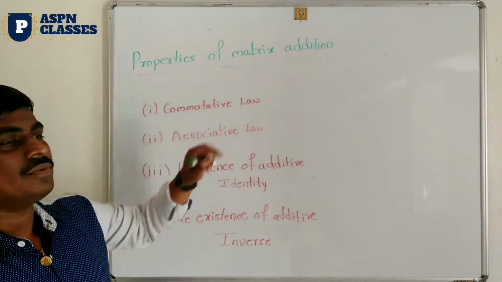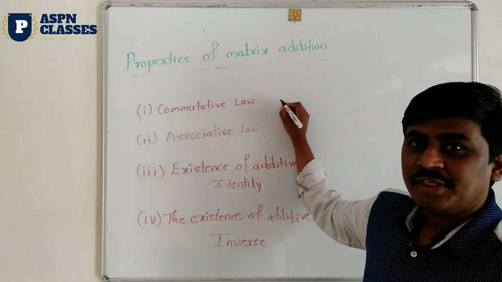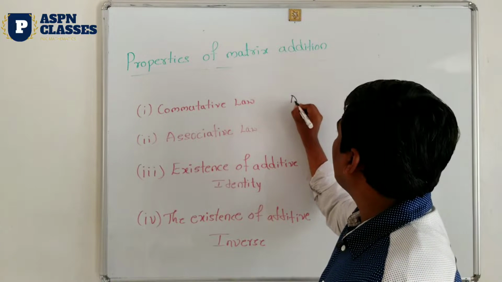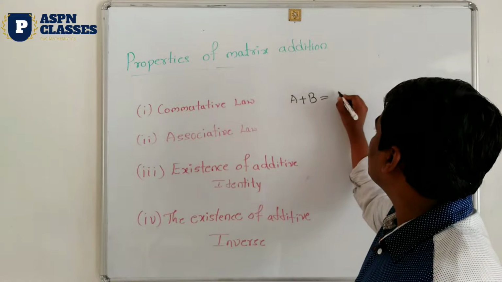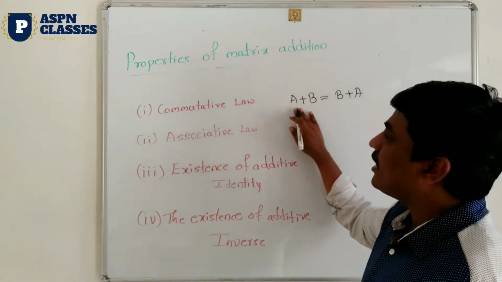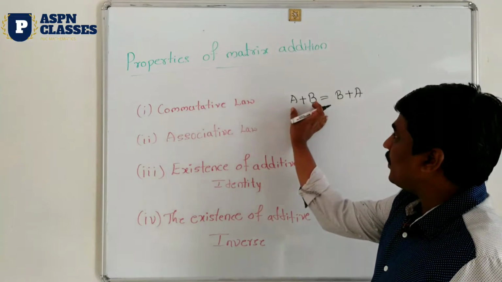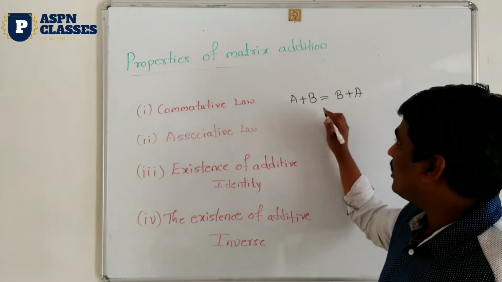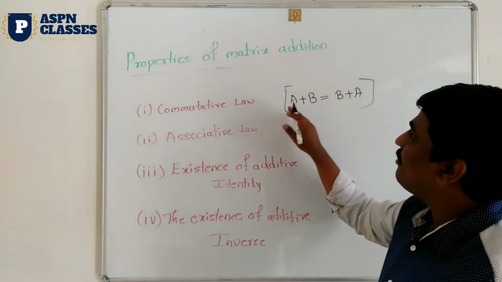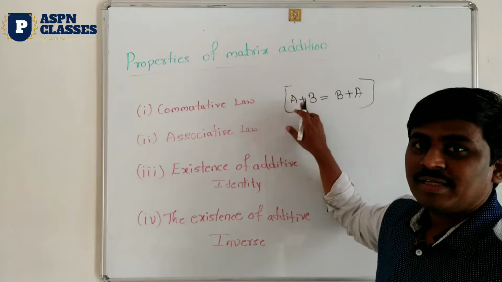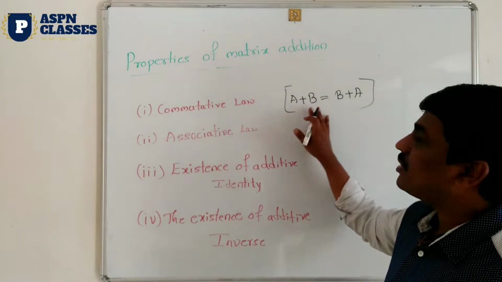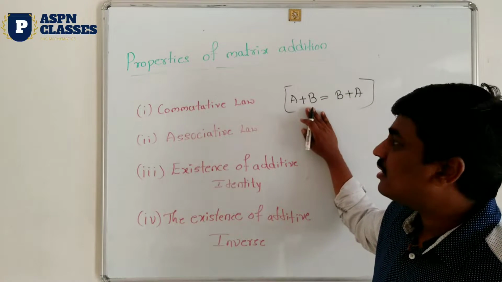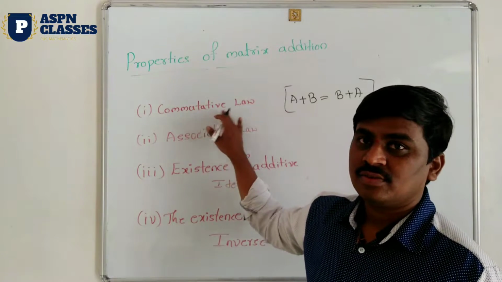So what is the commutative law? I think you already know this result. Commutative law in addition of matrices. What is the answer? A plus B is equal to B plus A. A and B are two matrices. Whether I add A plus B or B plus A, both answers are the same. Yes, obviously it is satisfied in matrix addition. A is one of the matrices, B is also one of the matrices. In the reverse also, like 2 plus 1 or 1 plus 2, both are the same. Same in the case of matrix addition, you will find the commutative law is satisfied. So this is the commutative law.